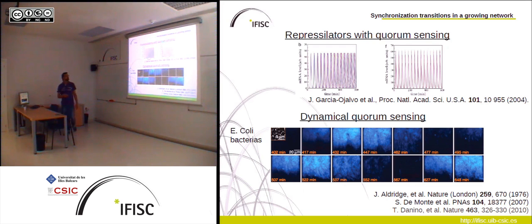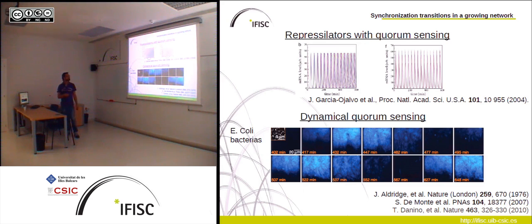This quorum sensing can be used to induce synchronization in a colony of cells. For example, in this case, synthetic oscillators were used